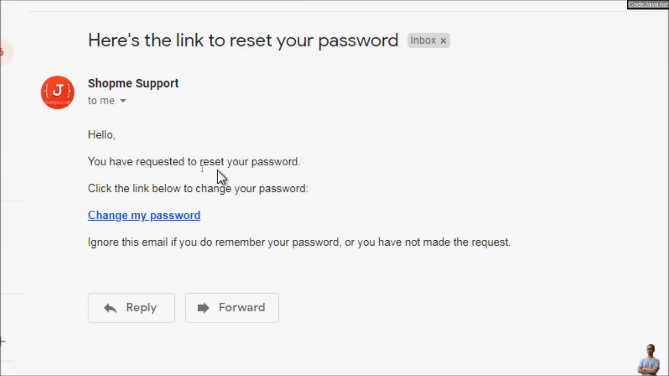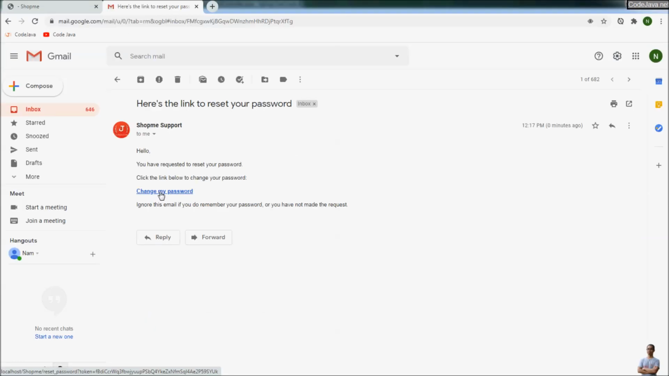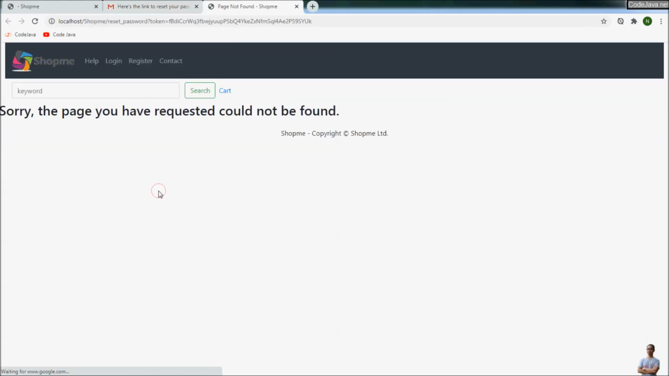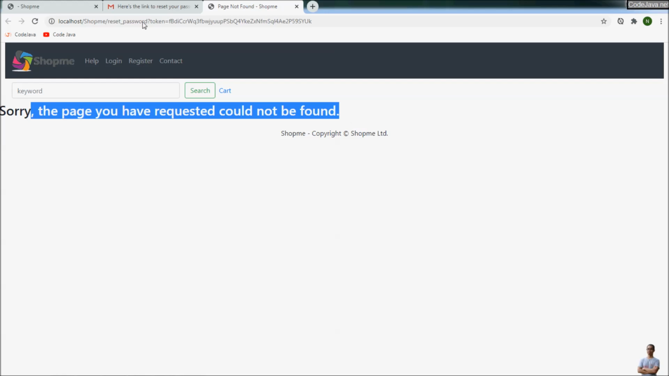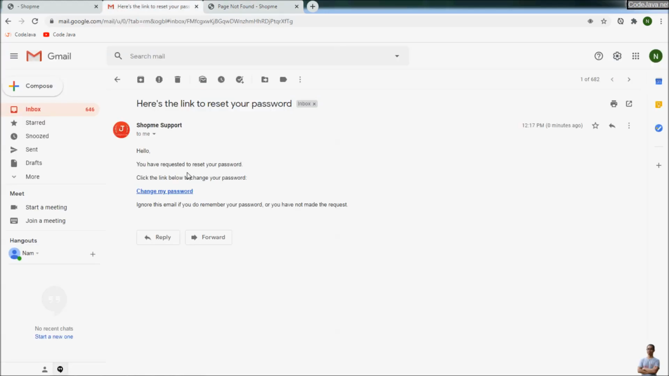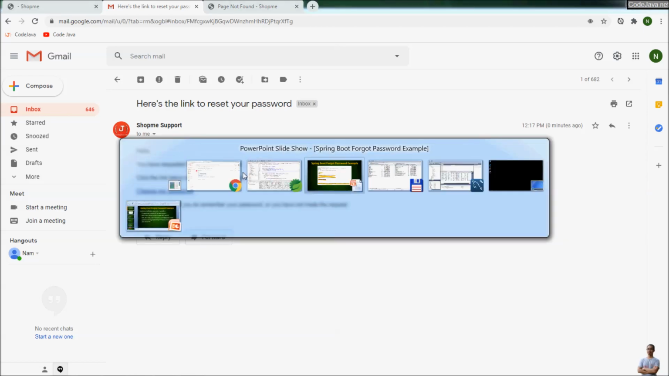Hello, you have requested to reset the password. Click the link below to change the password. And as the customer, I can click the link in the email here. And you can see it shows the reset password form, but we have not implemented the reset password form yet, so we got the error. The page could not be found. So the sending email function is working perfectly,